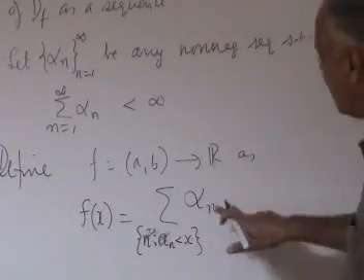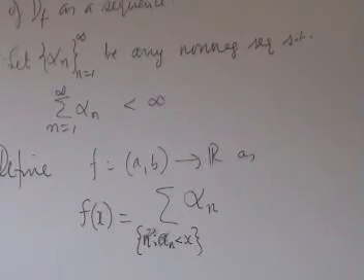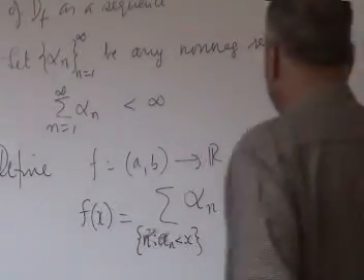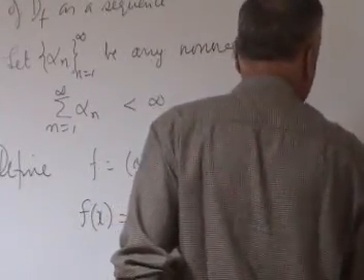If a_100 is here, I put alpha 100. If a_100 is not there, the alpha 100 term is not there. That could be an infinite sum. It could be an empty sum also, because everybody may be to the right of x. I don't know where these a_n are sitting. All the a_n may be sitting to the right of x. If it's an empty sum, I call it 0. No term is there. So it may have 0 or one term or many terms or infinitely many terms. Nevertheless, that series is always convergent because it is dominated by the original series which is convergent. So therefore this is always finite, and therefore it's a well-defined function.